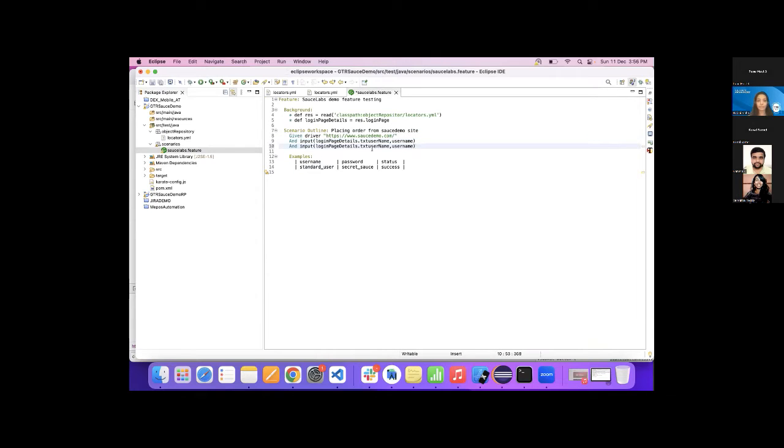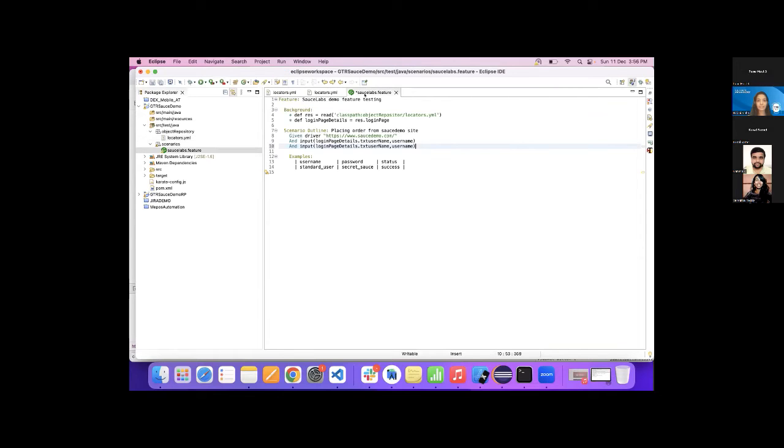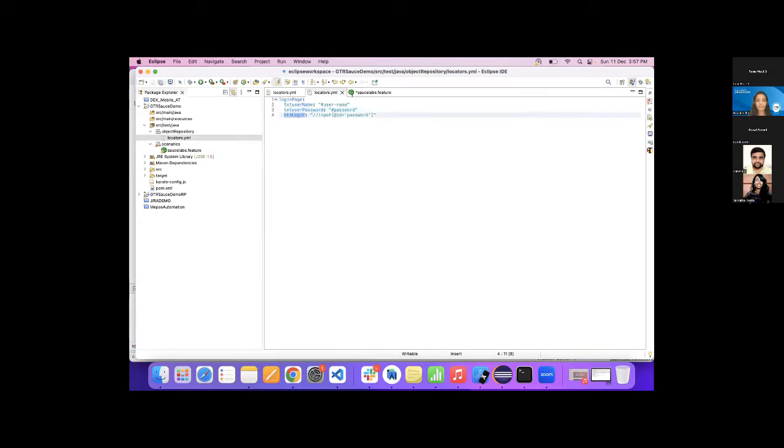Again, we would specify for the password field. So let's put password here. We would change the test data as well. And then we need to do a click action. So let's click the login button.